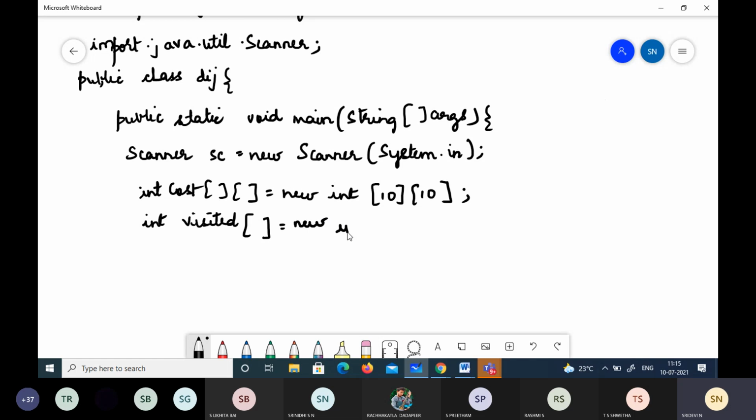New int, it's a single dimensional array, and I have one more array, the distance array, and this is again a single dimensional array. And the variables whatever are required are int